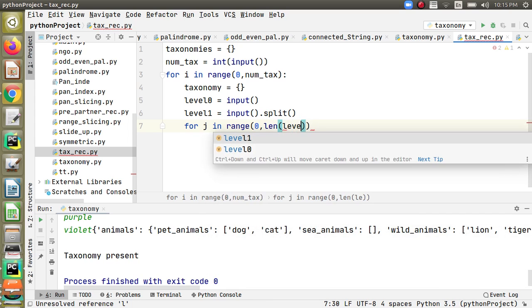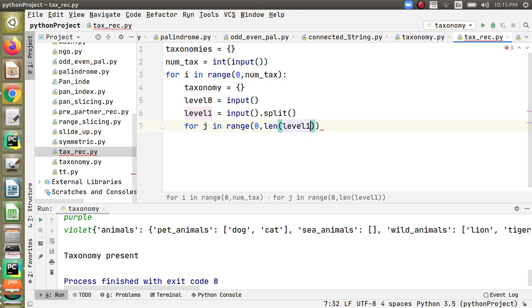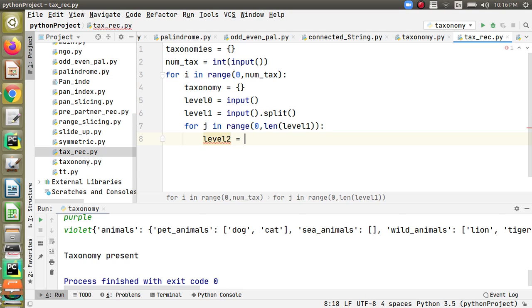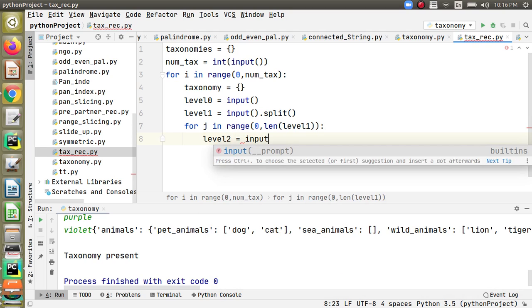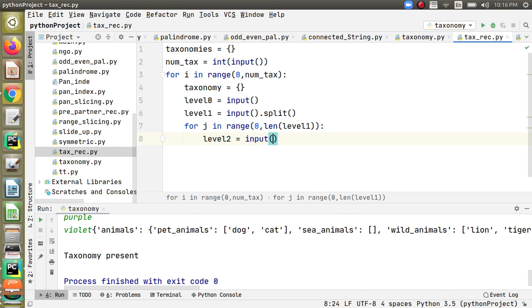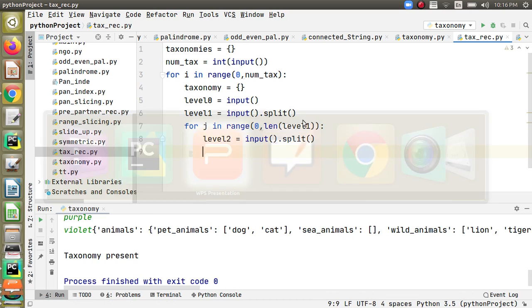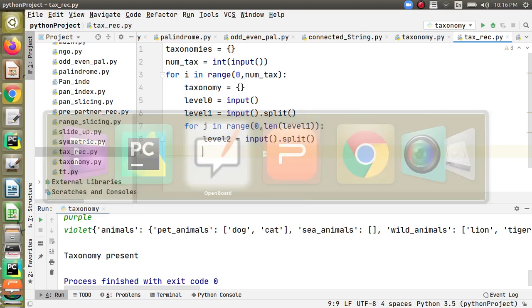Level 1 is actually a list. Since we have split it, it is going to be a list with elements at level 1. I am finding out how many elements are there, and I am going to read it now, okay. So level 2 will be equal to input dot split, okay. So once again it's going to be a list of elements,